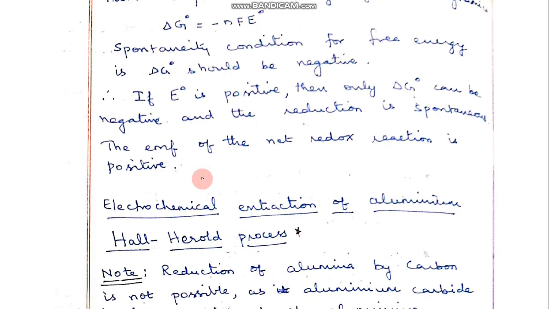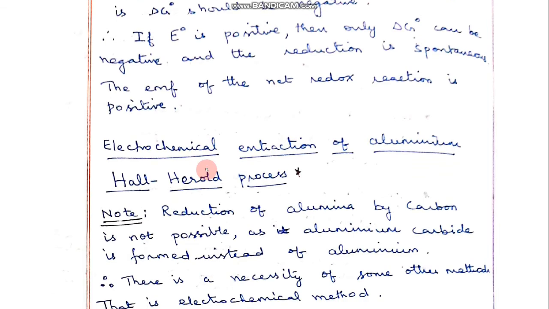Now, moving on, one more very important example of electrochemical extraction is the extraction of aluminium. Why are we using electrochemical extraction for aluminium? That is the first question. We have learned about alkali leaching, in which alumina, Al2O3, is obtained from bauxite. If you want to convert this alumina into aluminium, we can use carbon because carbon is a reducing agent. So if I allow carbon to react with alumina, then